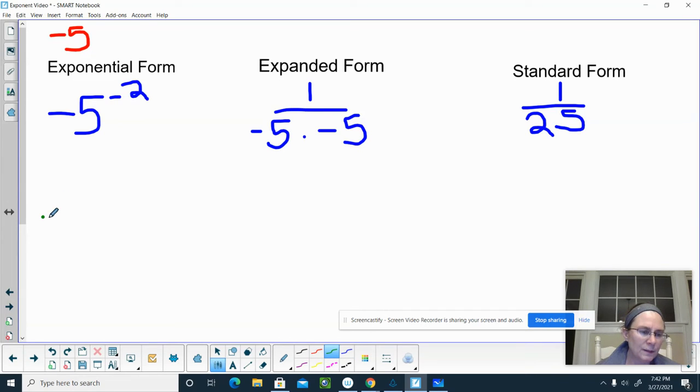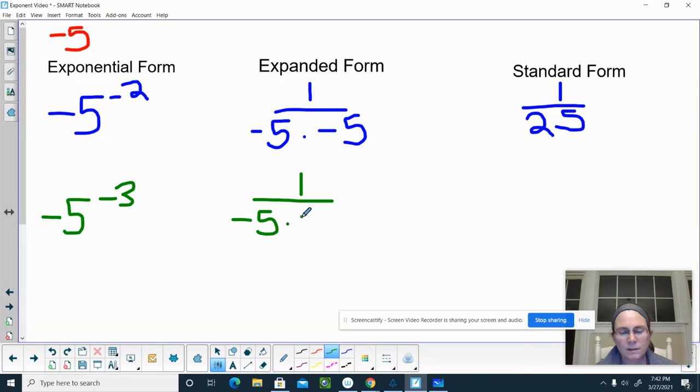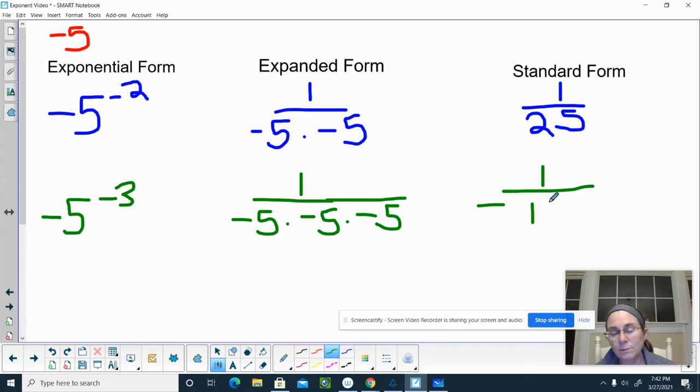What if we did, well, I already did this one, but I'm going to do it again just to show you the difference. Negative 5 to the negative third. So that's 1 over negative 5 times negative 5 times negative 5. Now when we multiply this all out, a negative 5 times a negative 5 is positive 25, times another negative 5 is negative 125. So you have to be really careful with your